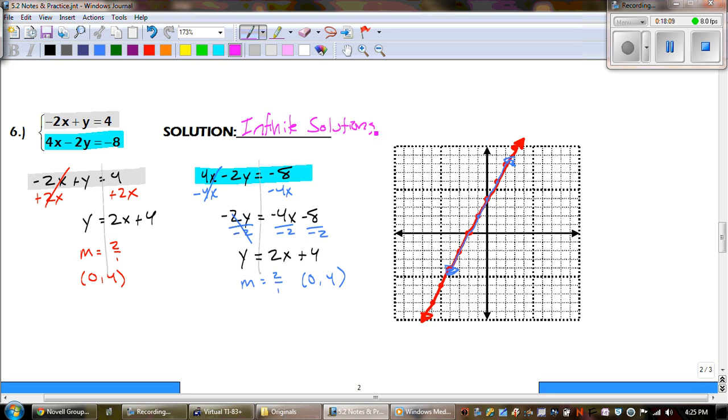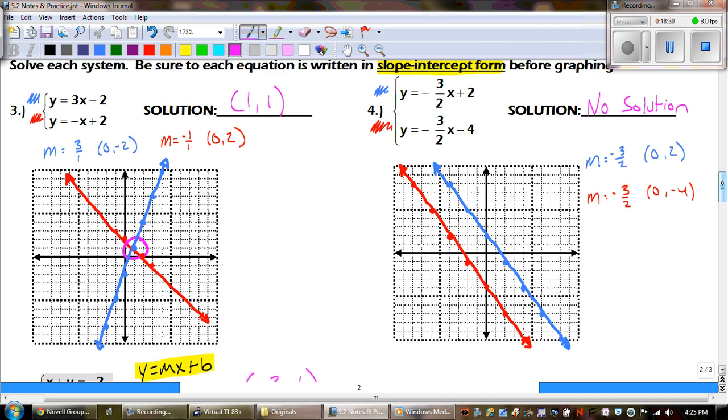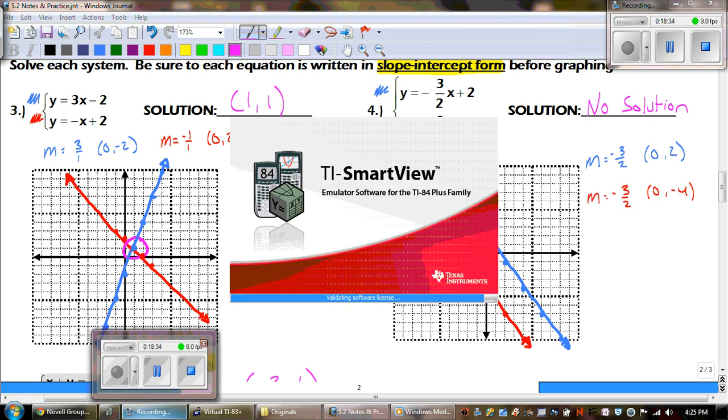Okay, now I know it's kind of hard in pencil to show that the two lines are on top of each other, so just do the best that you can. Okay, now as a reminder, you can always double check all of these using your graphing calculators. Okay, let's just look at one that's already solved for us. We'll do number 3. Okay, so as I'm loading up my graphing calculator,